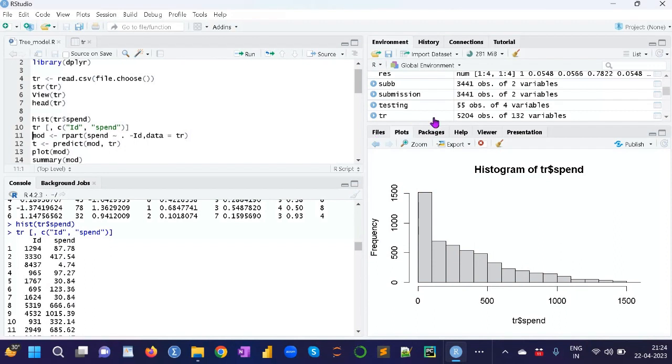Span is the dependent variable, and this symbol is called the tilde sign, and this is the dot. Now I am using minus id because I do not want the id column, so it skips the id column. That's why I am using the minus symbol.